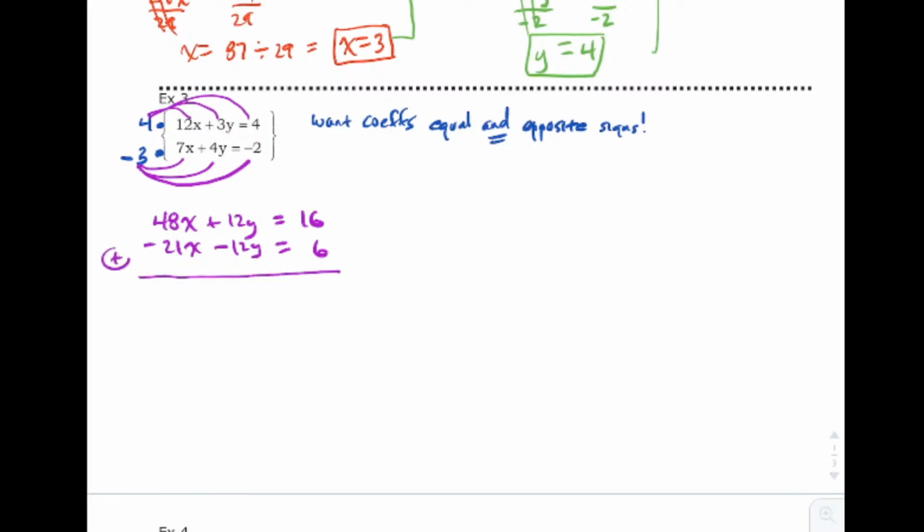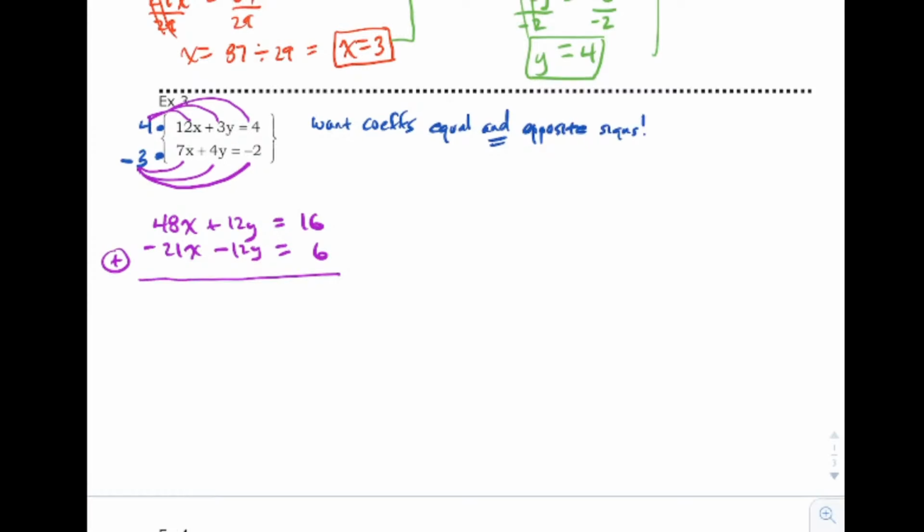Our equations are ready to add. Add up your like terms. The x terms: 48 take away 21 is, what is that, like a 27, I want to say? 28, yeah, 27. 27x. The y terms, poof. And then on the other side, 16 plus 6 is a 22, actually. So looking at the x, you say, well, I'm going to have to shove a 27 underneath both sides, so it cancels off. X equals